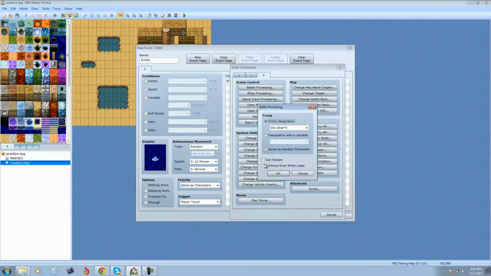And then these last 2 boxes, we have a can escape and a continue even when loser. Can escape, you check that off if you can run away from this fight. You uncheck it if this is like a boss fight and you don't want them to be able to run away. And continue even when loser means like if you're fighting your buddy and it's just a dick measuring contest